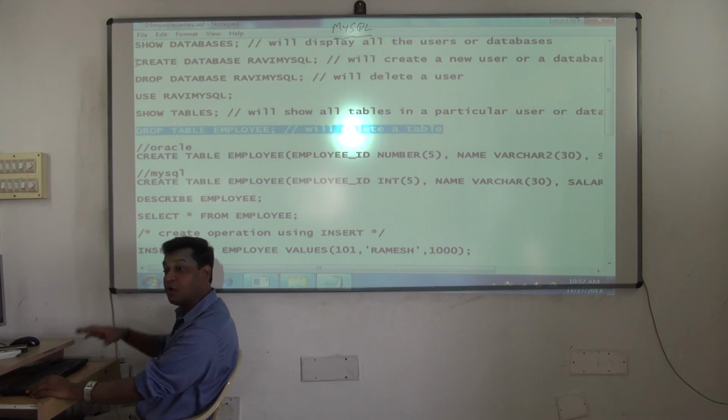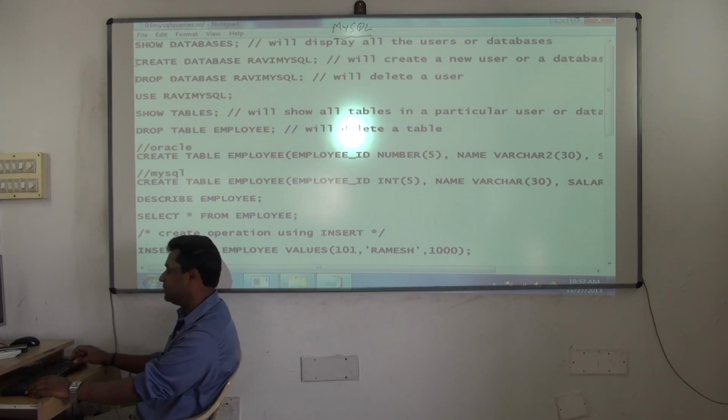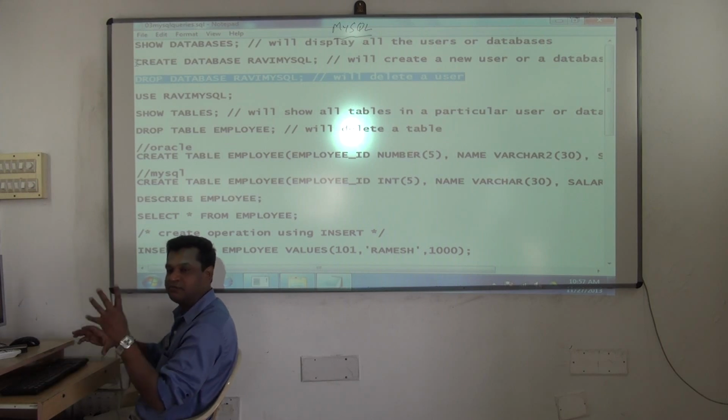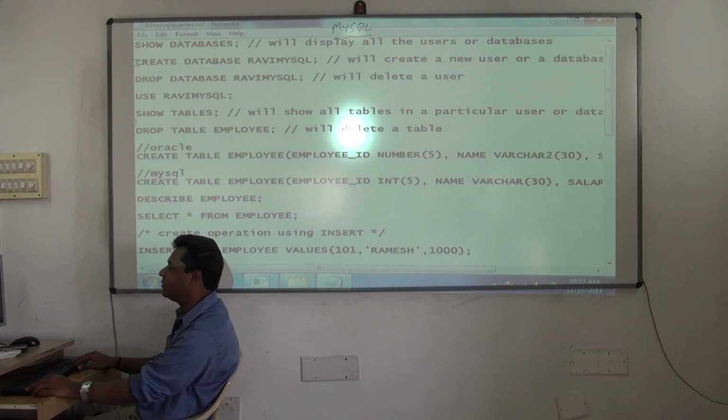If you delete the user, all the tables in the user will be lost. If you delete a table, only one table will be deleted. Notice the difference between drop table employee and drop database MySQL. There's a huge difference. Here you are dropping the full user. If the user has 10 tables, all the tables will go away. But if I drop a table, only the table is deleted.